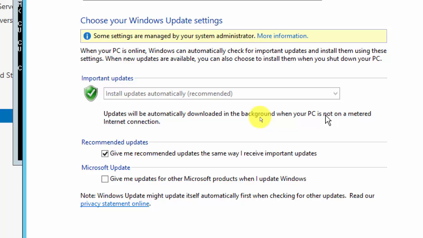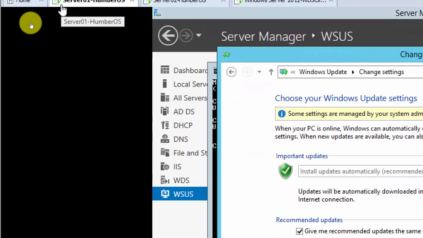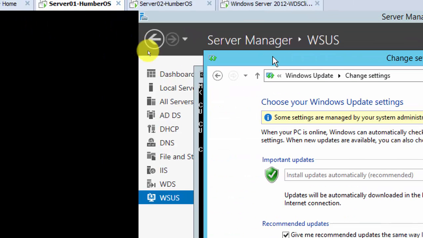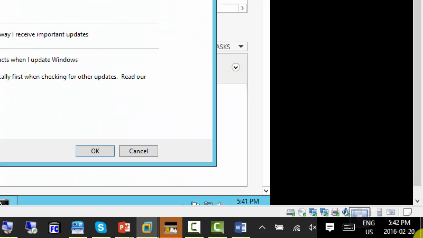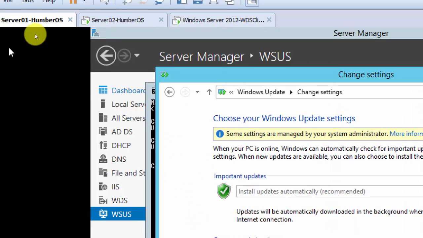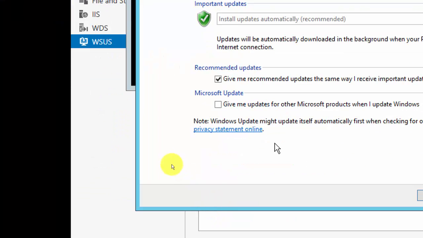So that's why I just showed everything on one computer. If you have 1,000 computers, you're just going to go to the computers and make sure they restarted after the group policies were implemented, or you ran gpupdate /force, or just give them time, right? So they should be grayed out on the client side, and then of course this means your clients are getting updates from this WSUS. So 5:42, we have enough time to start another lab, and